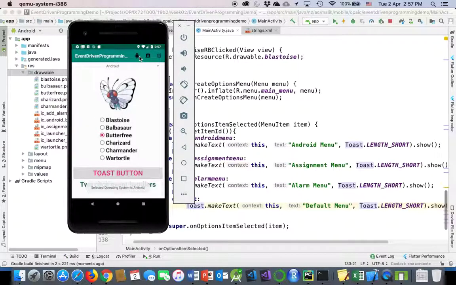So when you click on that, what is that? Android menu. Why was it showing you the other thing before? Assignment menu, alarm menu. If I click on this action button, does it say it's doing something? No. So I was thinking that. Okay. But where is the